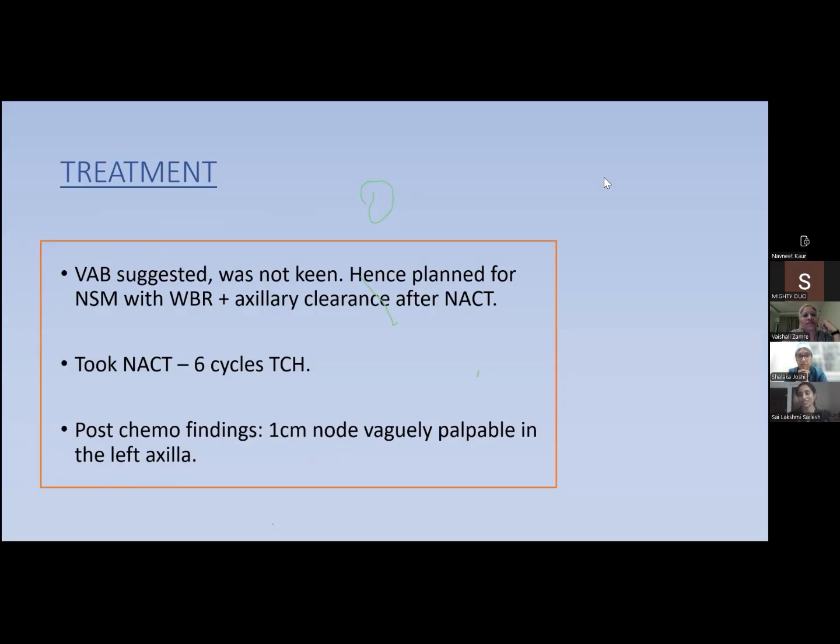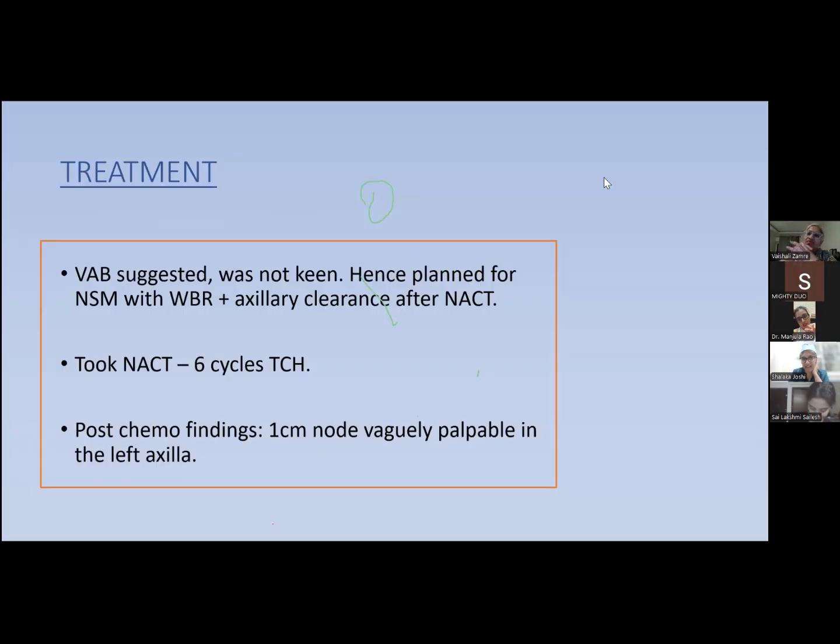But she had an F cup with obesity, and we ended up with a nipple sparing mastectomy and bilateral reduction. She defaulted. She disappeared. We couldn't operate. That was the tragedy. Plan was, but when I did see her, nipple sparing mastectomy was out of the question